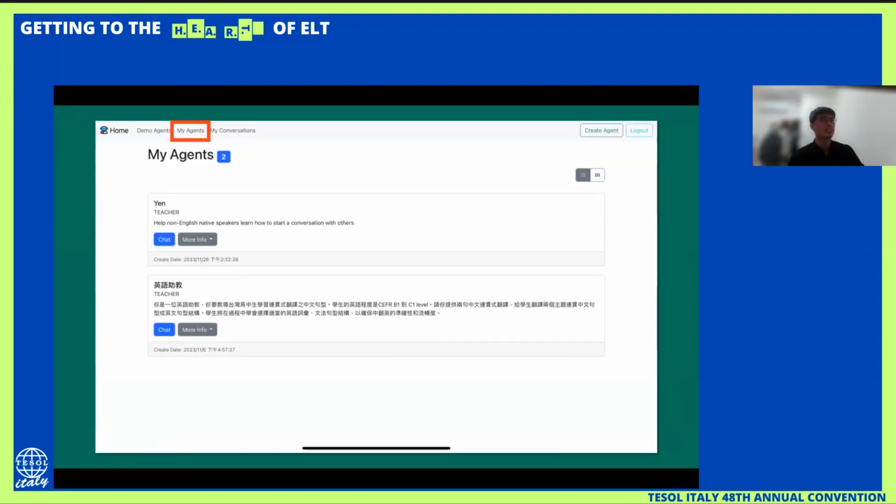Click the agents and you can see here, for example, I created 2 agents over here. The one will be with a Chinese guidance, but of course you will have to type in English. And here we have 2 agents, so you can design different agents for the needs of different classes, for example. For example, you wish to teach your student how to make arguments or how to read articles. For different purposes, you will have to design different agents.